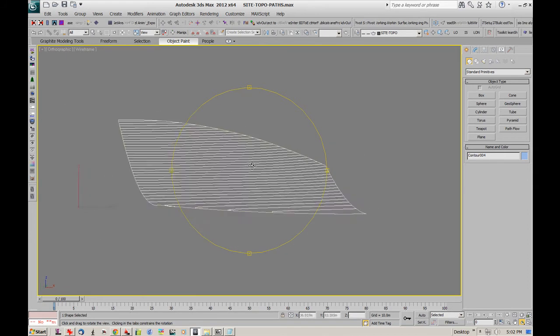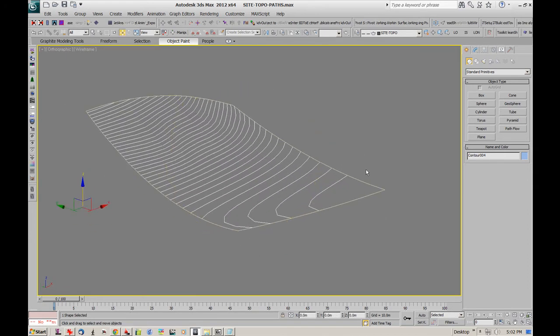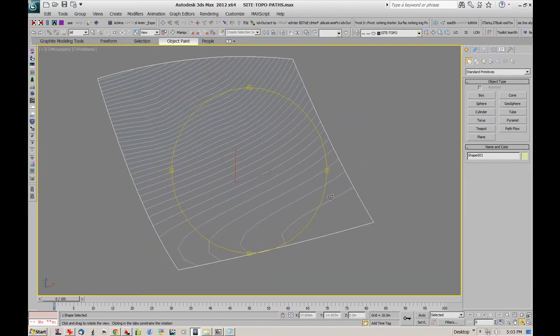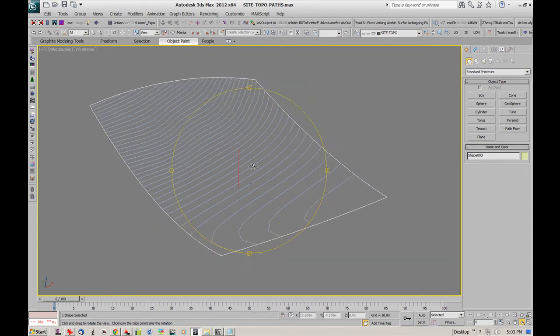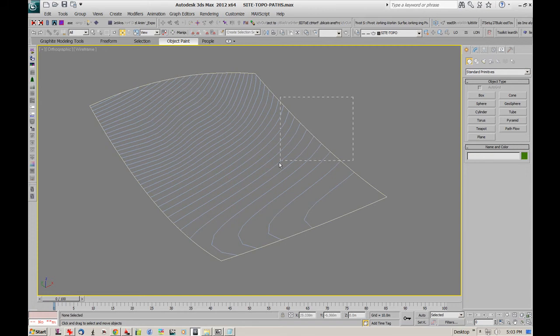I've also added a little bit of an edge to this, which sometimes you don't need. In this case, if we use the terrain command, it would have a bit of a gap here, so I've done a bit of a manual trace. What we'll do is select both the edge and these contours. We'll go to the create panel,